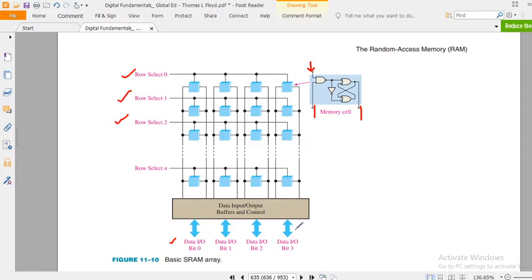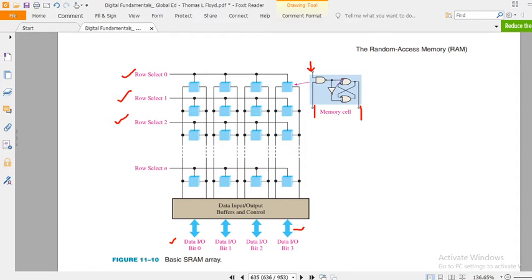So this will correspond to, let's say, the fourth bit, then this corresponds to the third bit, the second bit, and the first bit. All four bits are to be written. So this can act as the input if you want to write something, or whatever is written here, if you want to take it from this cell, then it can be performed as the output. It is providing only the output.